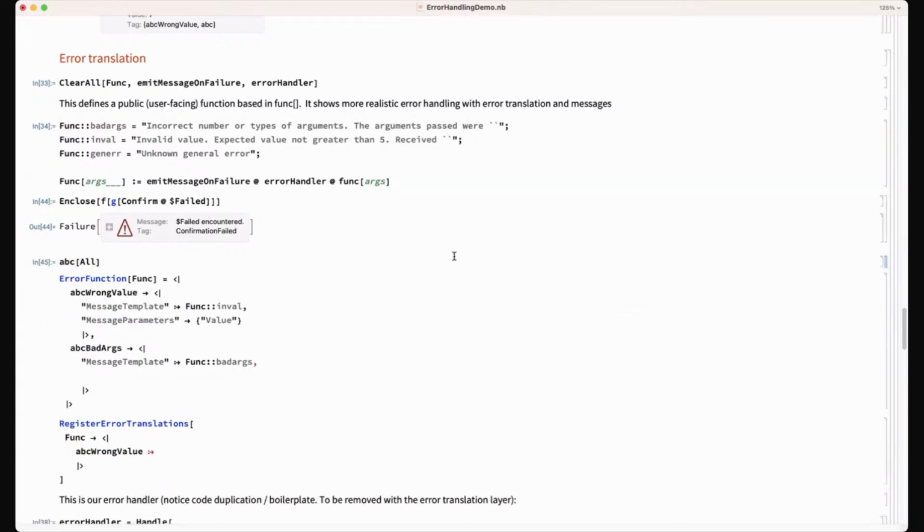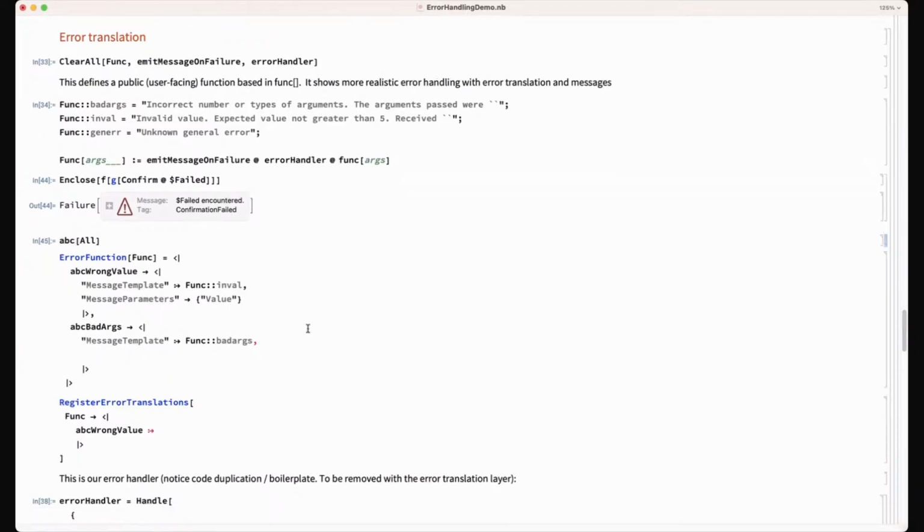One thing about the error translation layer: if you didn't have that, then all your code, if you write one of your public functions that users will actually use from a package, it will all be essentially a big handle with elaborate pattern matching and generating of messages. I get it. And so with this, you could have this error function for all the functions from your package in a single place.